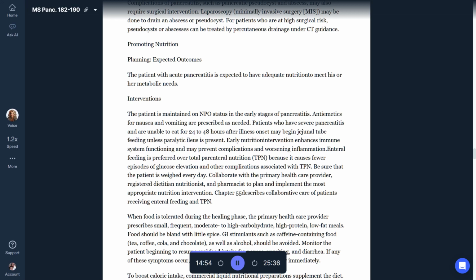Self-management education. Education needs to be started early in the hospitalization period, as soon as the acute episodes of pain have subsided. Assess the patient's and family's knowledge of the disease. The desired outcomes for discharge planning and education are to avoid further episodes of pancreatitis and prevent progression to a chronic disease. If the patient uses alcohol, instruct him or her to abstain from drinking to prevent further pain attacks and extension of inflammation and pancreatic insufficiency. Tell the patient that if alcohol is consumed, acute pain will return, and further autodigestion of the pancreas may lead